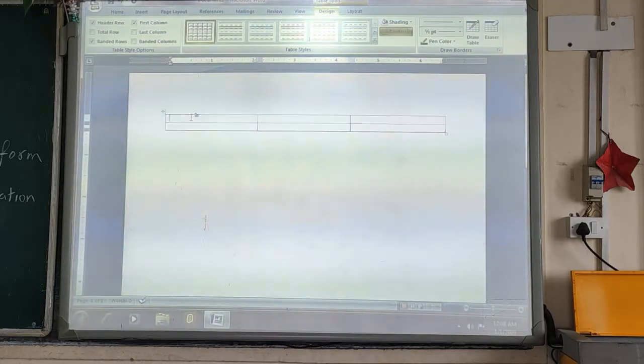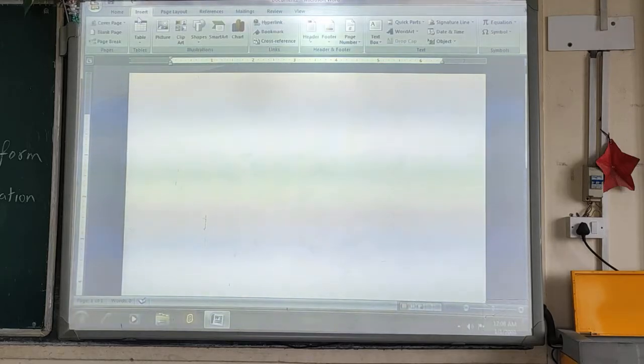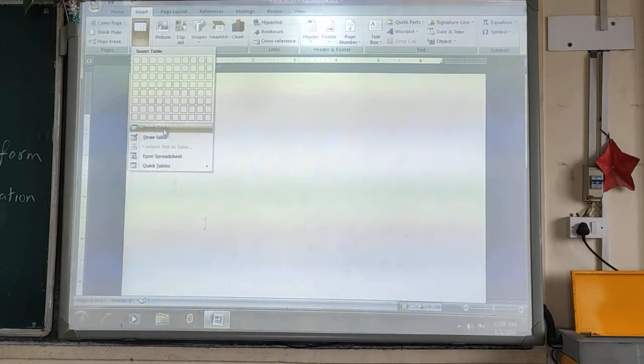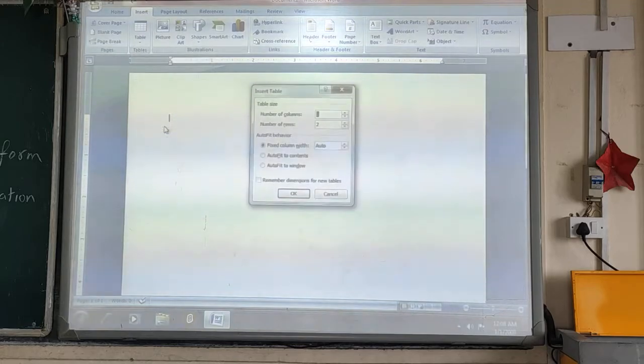In the same way, you can use another method, that is the Insert Table method. If you click on Insert Table, a new dialog box will open, where it will ask you to specify the number of columns and the number of rows by yourself.